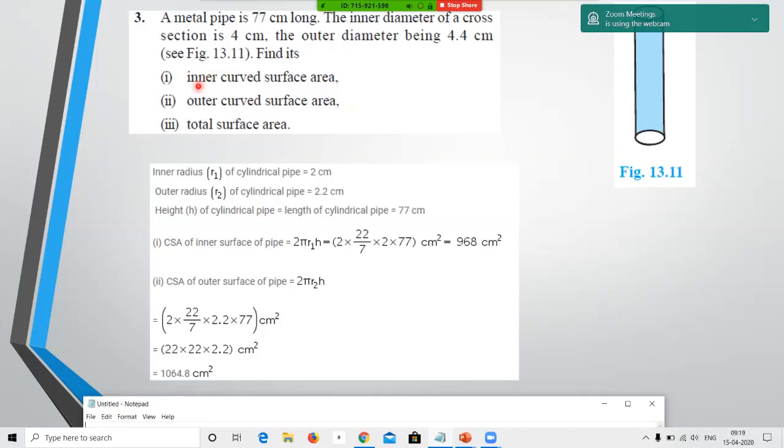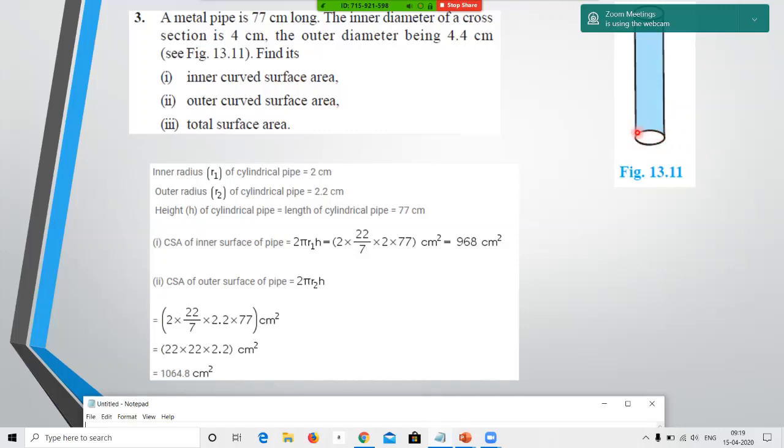Okay. Now, what is total surface area? Obviously, total surface area will be the inner curved surface area plus the outer curved surface area, but along with that, something else is added. What is that? Can somebody tell me? The two bases. Bases are not there. It's hollow. The thickness. Yes, both the thickness at the mouth, at the top and at the bottom. Now, how do you get that thickness here?